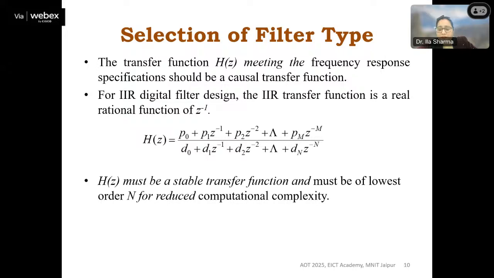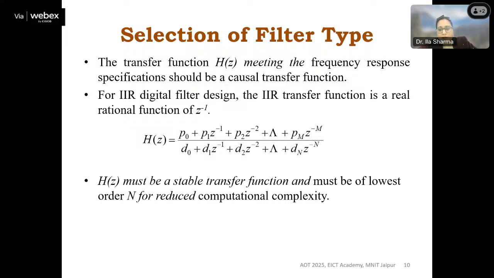But if a specific application is there and the requirements are specified, it is observed, and many authors have written in books, that to achieve the same objective, an IIR filter requires a lower order, whereas FIR requires a higher order. To achieve the same task, IIR can be fulfilled by 10th or 11th order, whereas in the case of FIR, to achieve the same aim, it will be 20 or 30.